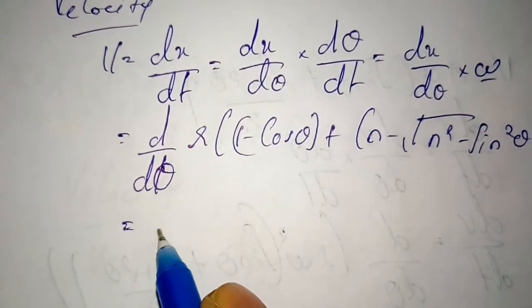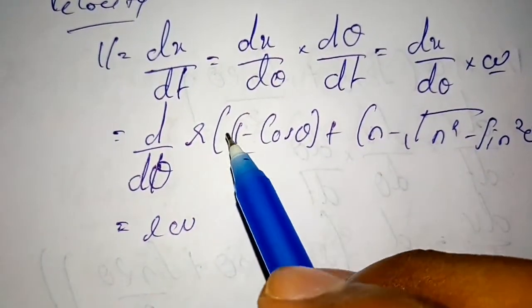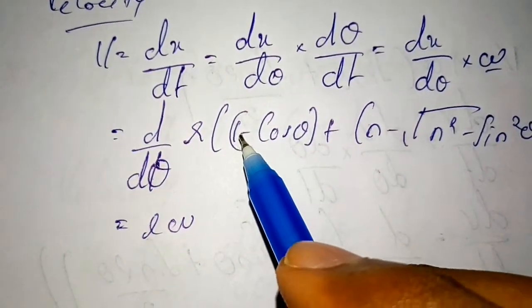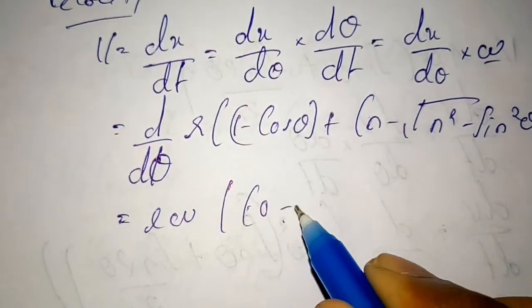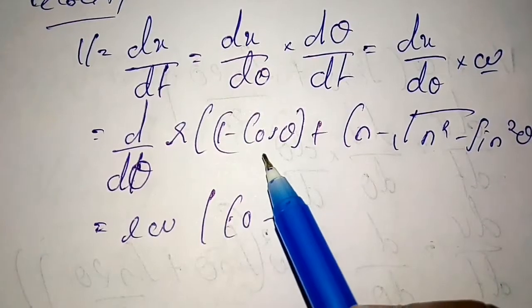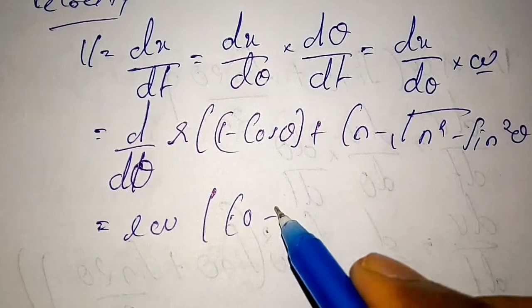By differentiating, 1 is constant so it is 0, minus the derivative of cos theta, which is minus sine theta, so the derivative of minus cos theta will be plus sine theta,